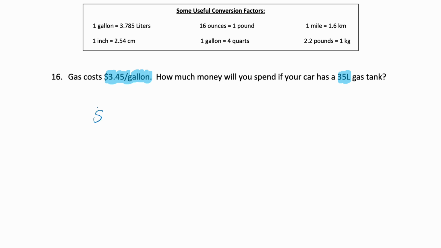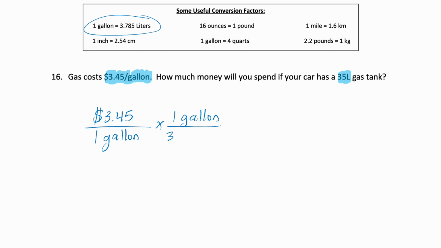So again, we're given $3.45 per 1 gallon. We want to see what it costs per liter. So we're using our equality up here. 1 gallon is equal to 3.785 liters. That is going to give us our answer in dollars per liter. So you can see our gallons are gone. We're left with dollars per liter. And that's going to be 3.45 divided by 3.785, which will give us 0.9115